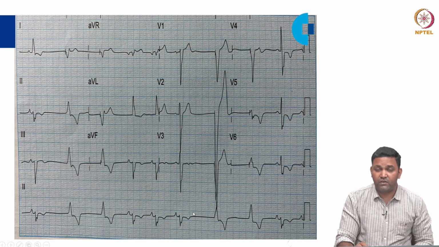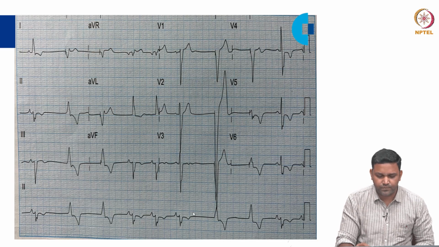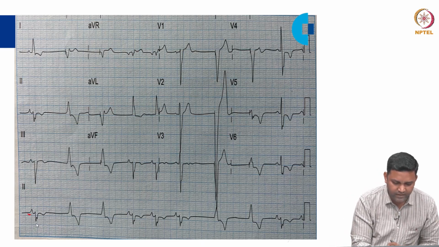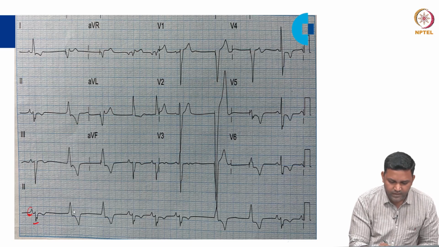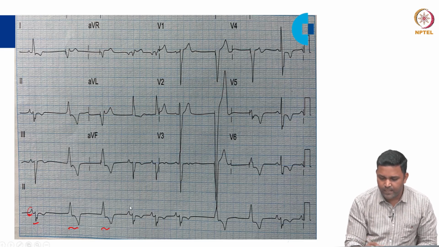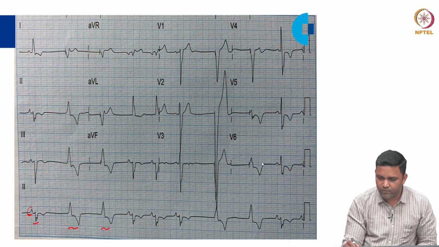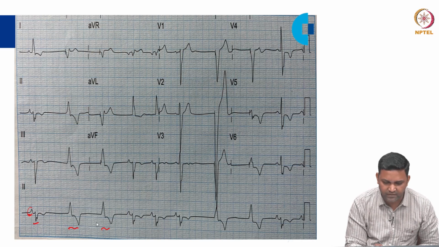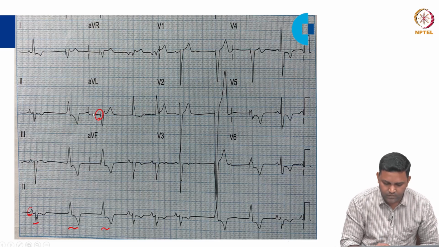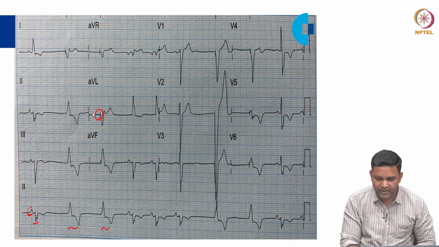So, this is another example of a pacemaker. You can see this native atrial and ventricular beat, and these two beats look abnormal. So, this looks like a patient with LBBB morphology, and these two might have been paced beats. If you look carefully, you can see the small pacing spike here. So, it is most probably a VVI pacemaker,